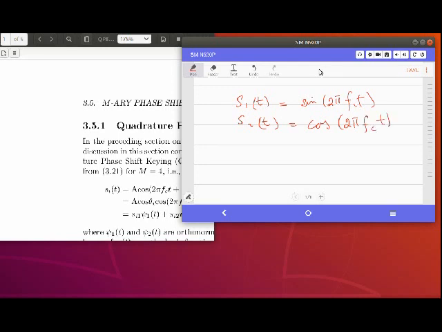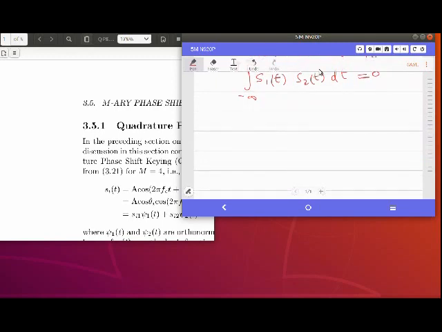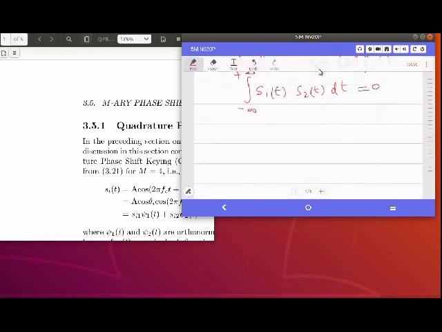If I have these two sinusoids, these are orthogonal. We can always verify that if we find out the integral of s1 of t and s2 of t, this would be equal to 0. Another important property along with this one